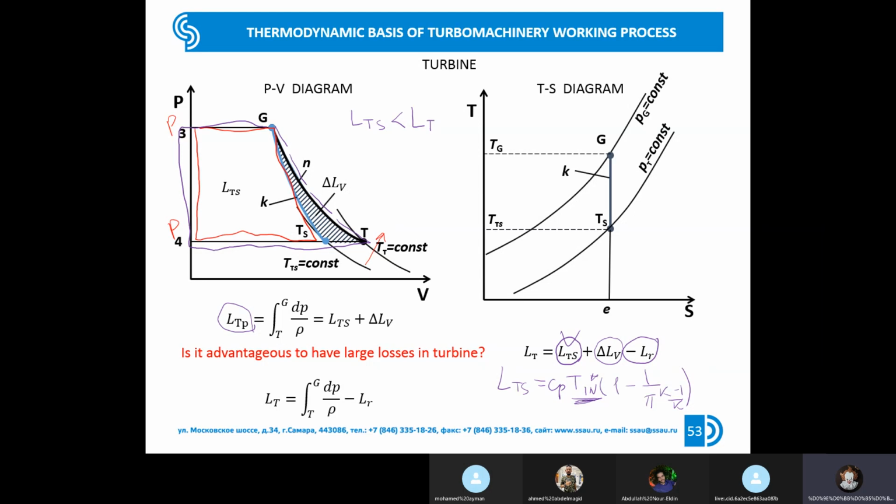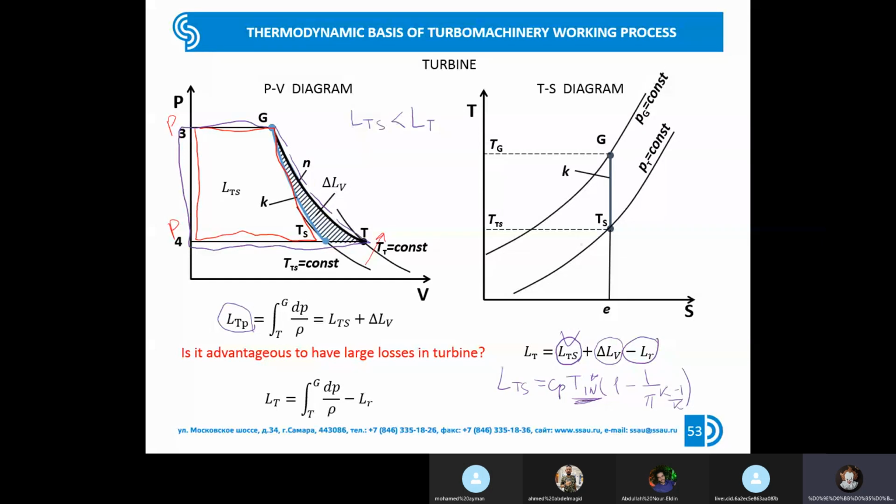And one of the main reasons, the heating of the working fluid due to losses